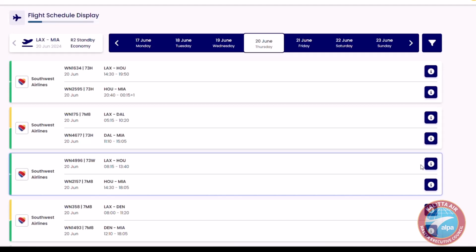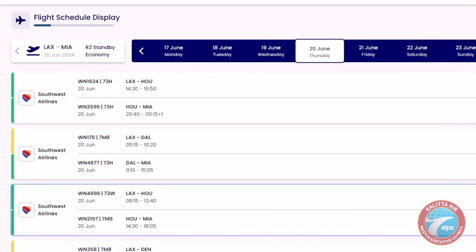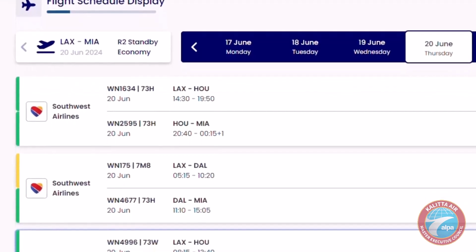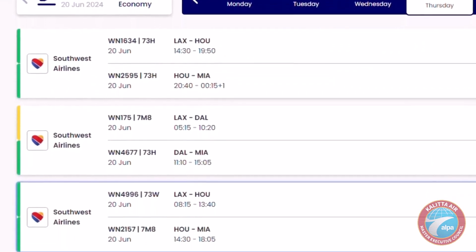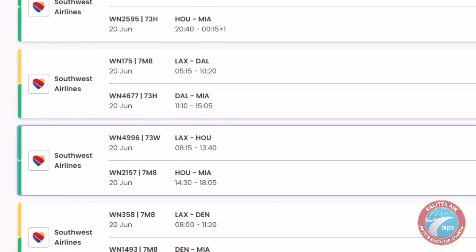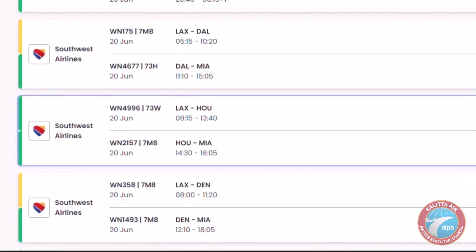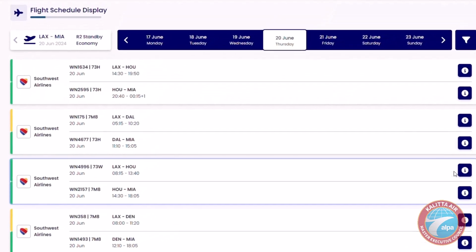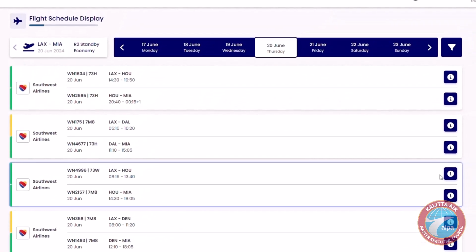Okay, then we have the flight schedule display. So you can see here we've got Southwest Airlines. It's color coded. The green means there are more than 9 seats available, yellow less than 9, and red is overbooked. It's a bit vague. It's not the best. There are other apps which will give you a more accurate load. MyD themselves, the platform,